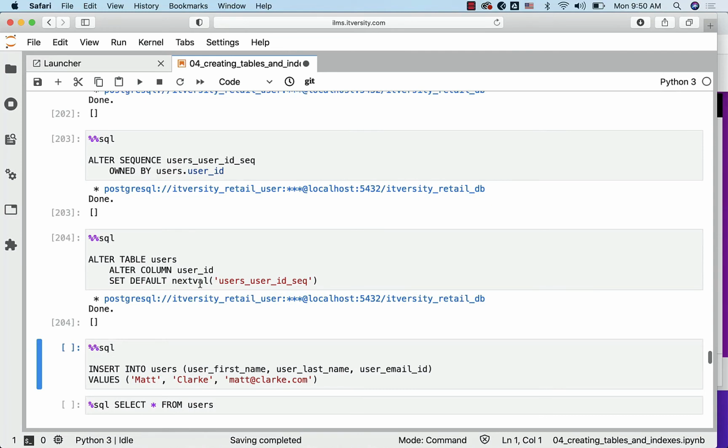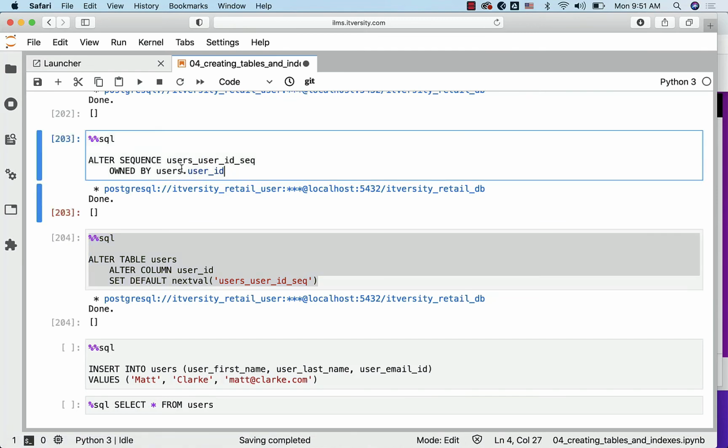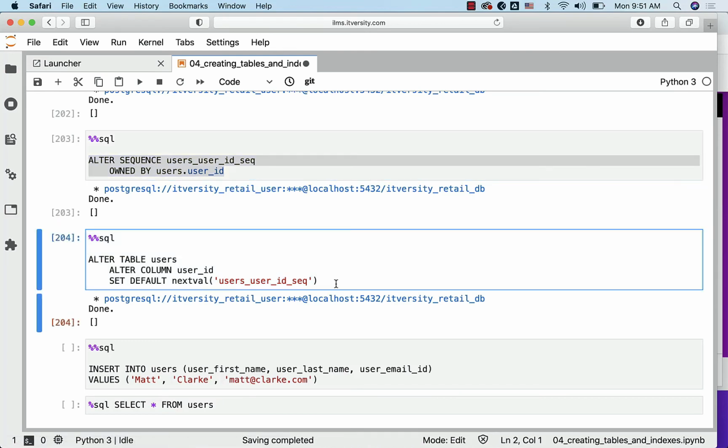And by default, we are saying that use the next value to actually determine the value that is supposed to be inserted into the table. So either we can run this query alone to associate the sequence with the column and also to take care of the default values using the sequence, or we have to run both. Just running this command will not suffice to populate the field with incremented values using sequence. Either we have to run both, or we can just run this one, which will take care of populating the column with sequence generated numbers.